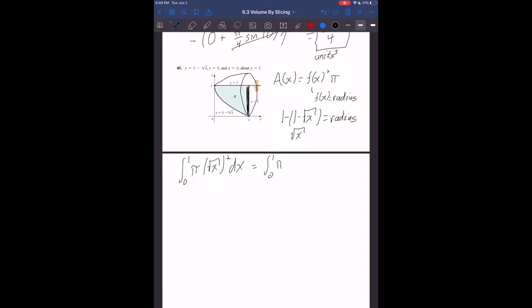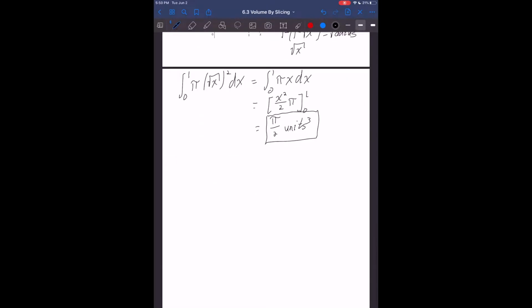Squared gets rid of a square root, so integral from 0 to 1 of pi times x dx. Integral of x is x squared over 2. So I have x squared over 2 pi evaluated from 0 to 1. The 0 will go away, so I'm just left with pi over 2 units cubed as my final answer. So the big difference in this is we just need to think about what the radius